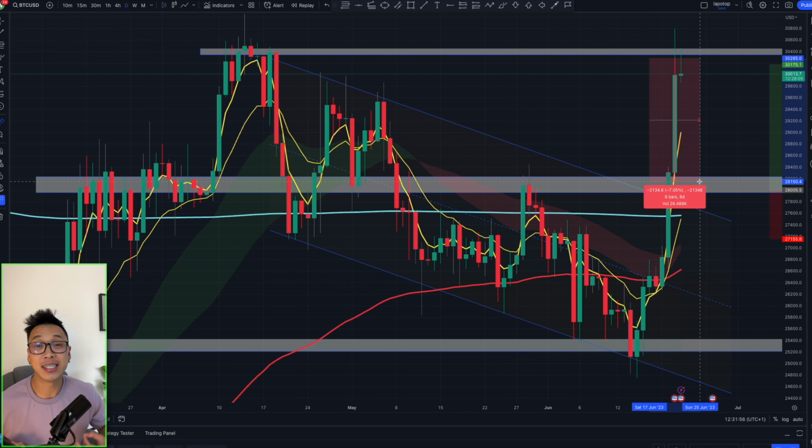Normally, this is a confirmation. People are rushing into the market, and then this can push the price movement in a positive or negative direction. Either way, the volume is there and it gives it a larger candle. So we can see from this, it went from 28,000 into 30,000 within a day period after it broke out